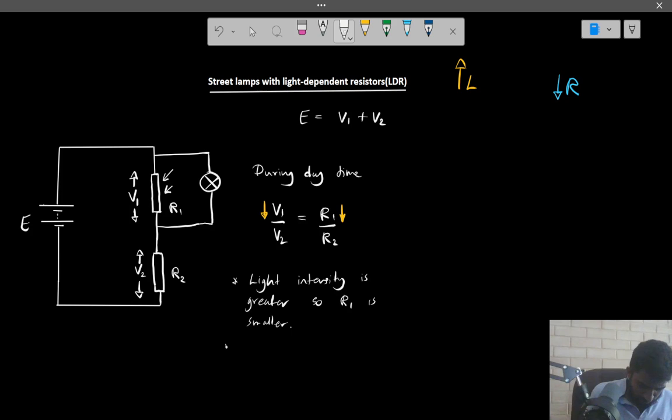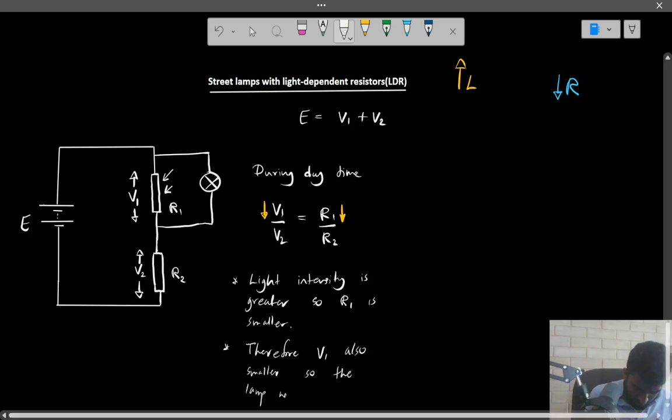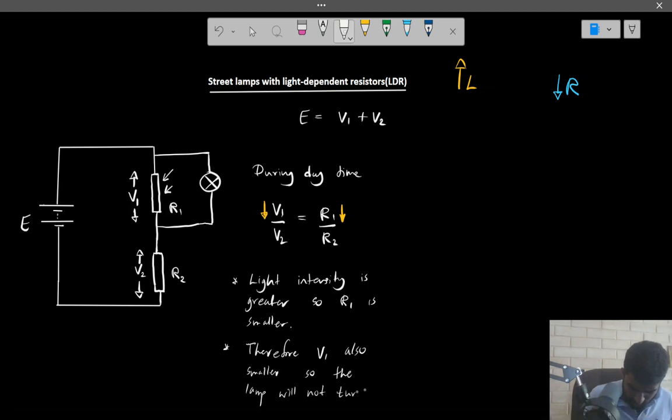Then you can write, therefore V1 also smaller. So the lamp will not turn on. But at night,